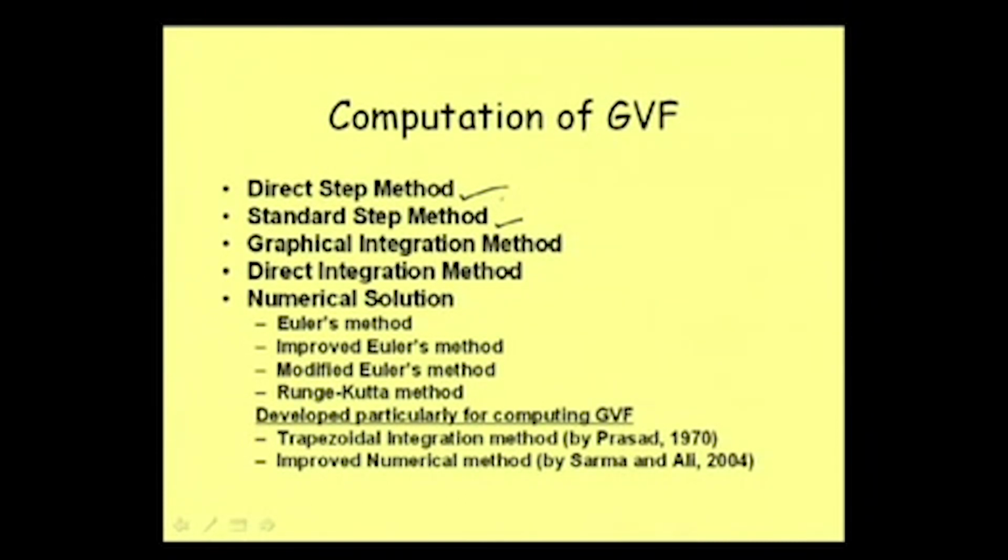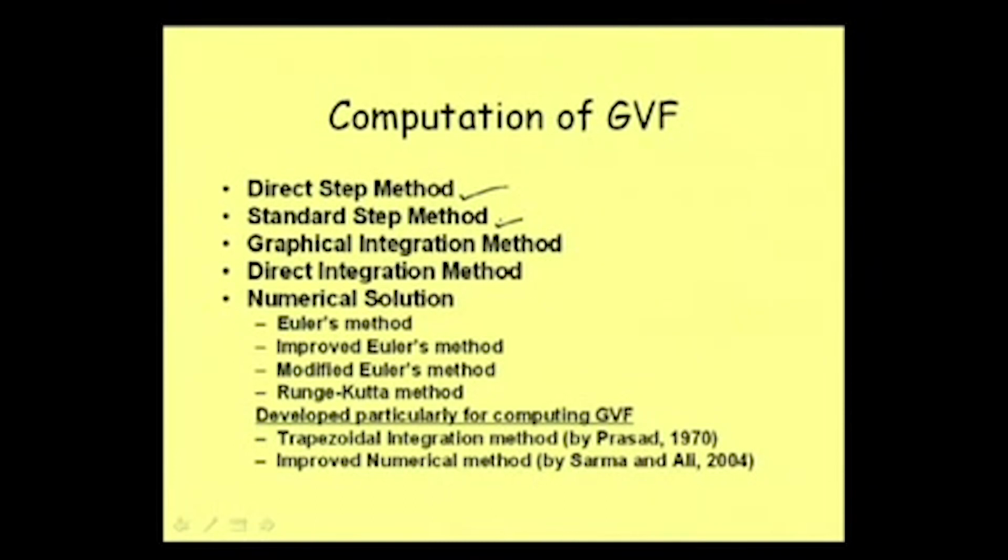What is the basic difference between these two methods? Well, just to initiate, we can say that in direct step method we divide the entire flow profile into some steps and then we solve. That is to say, the distance or length of the entire flow profile we divide into smaller lengths, but these smaller lengths are not fixed; we get them after computation only. First we assume this is the depth, and then we get the corresponding distance for this particular depth. So the small segments that we get are not of fixed length.